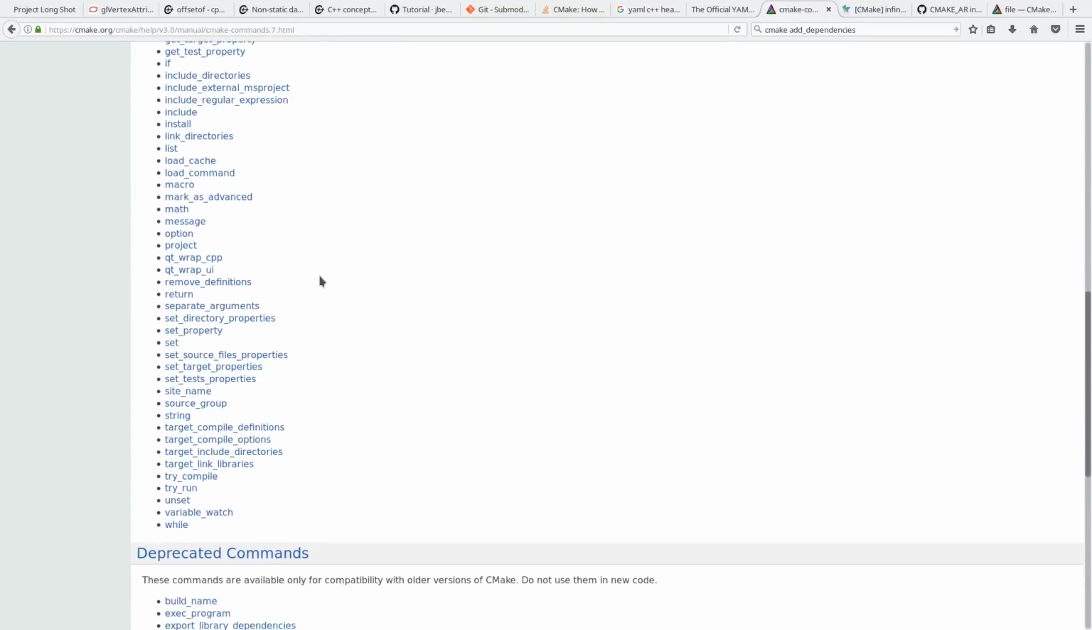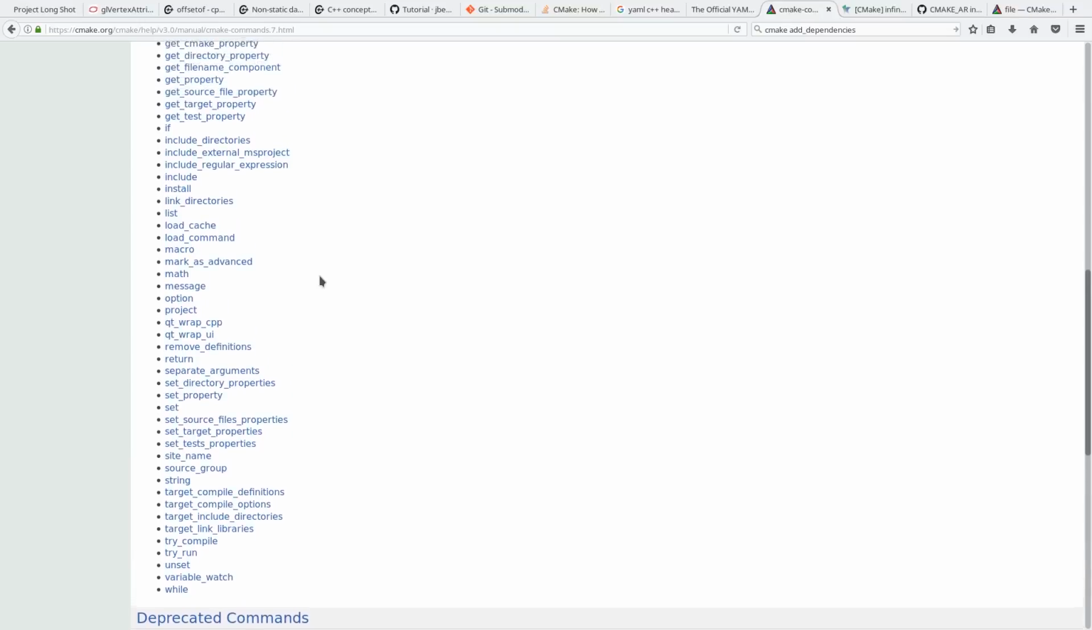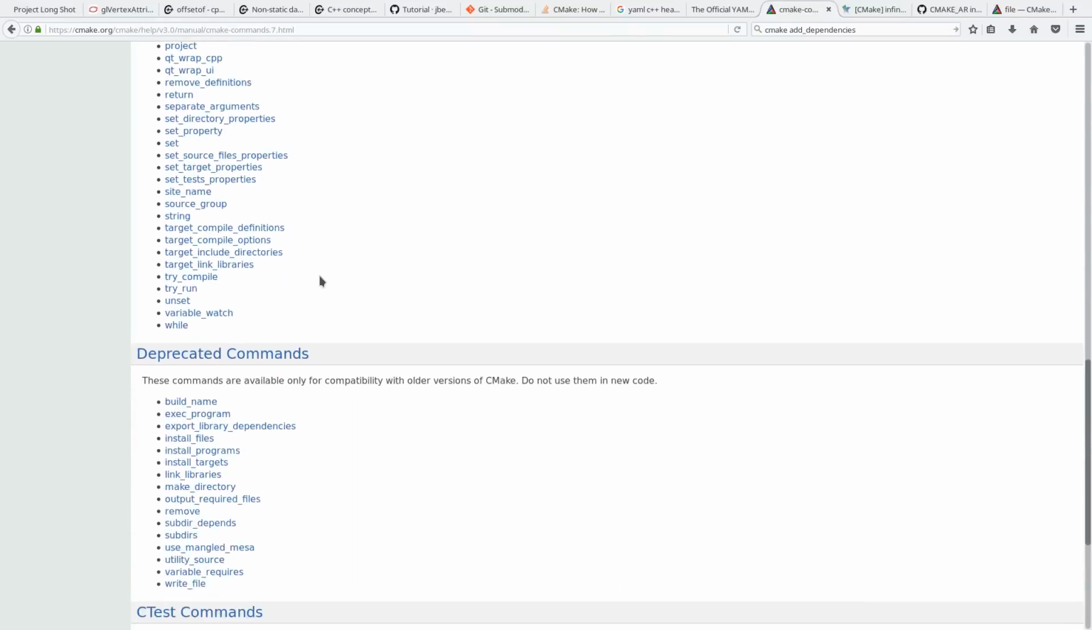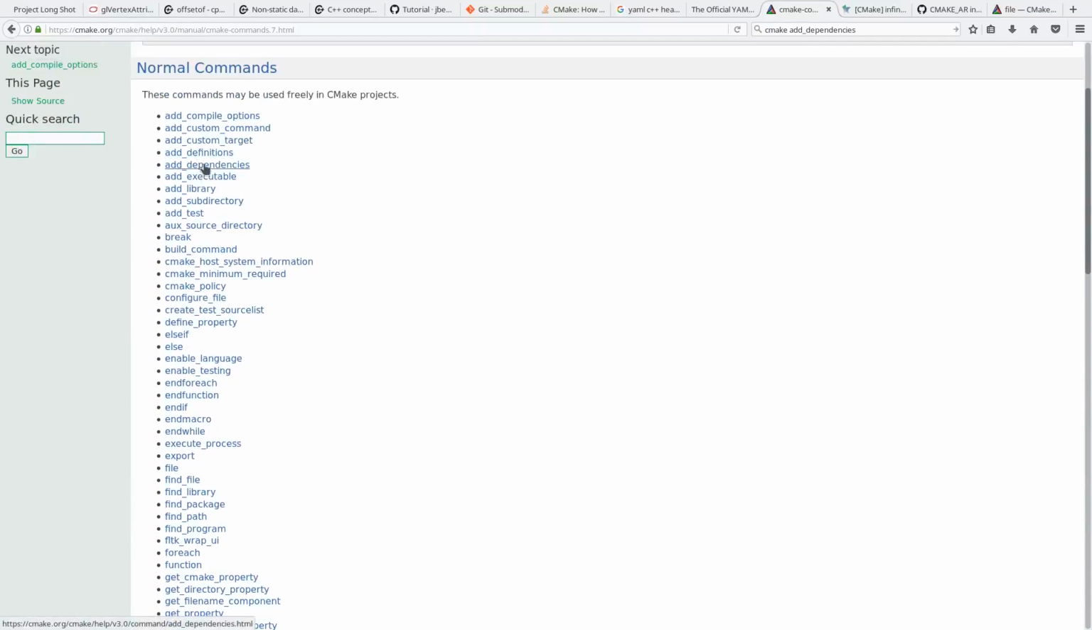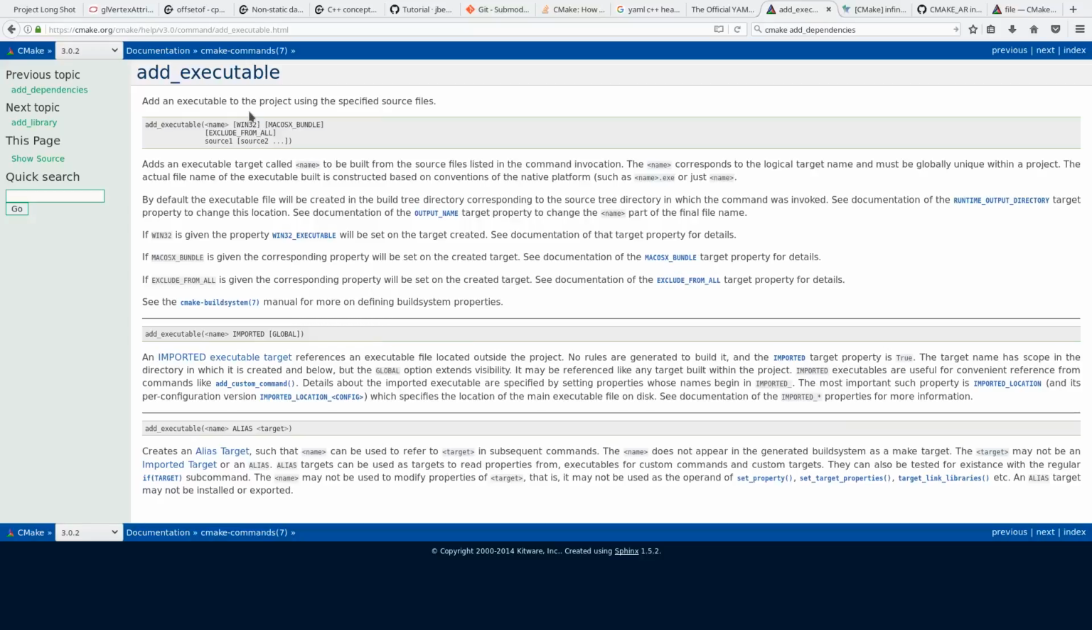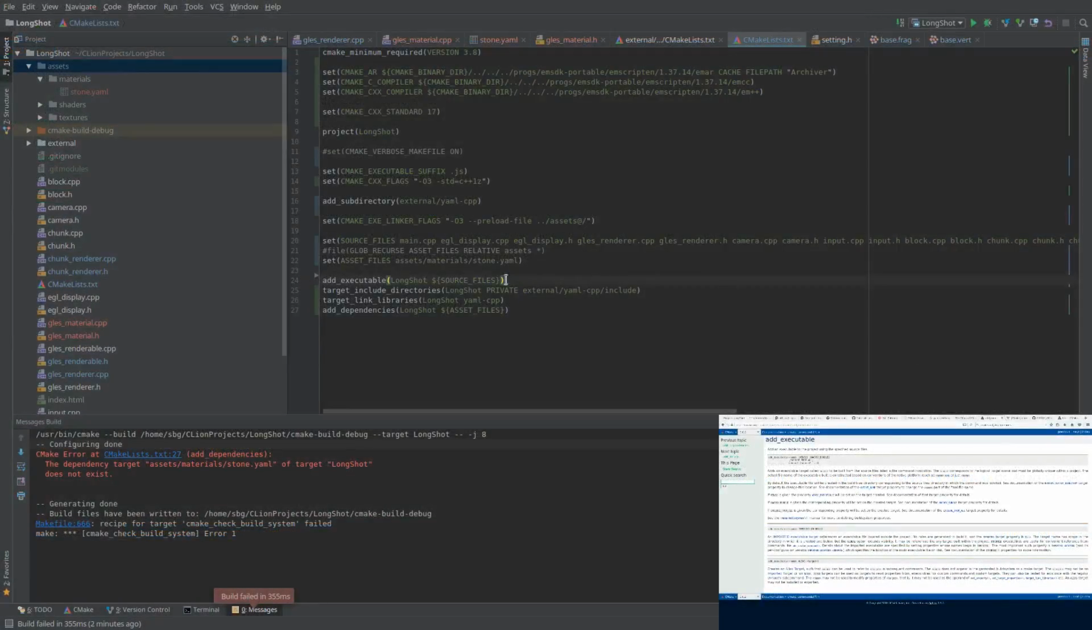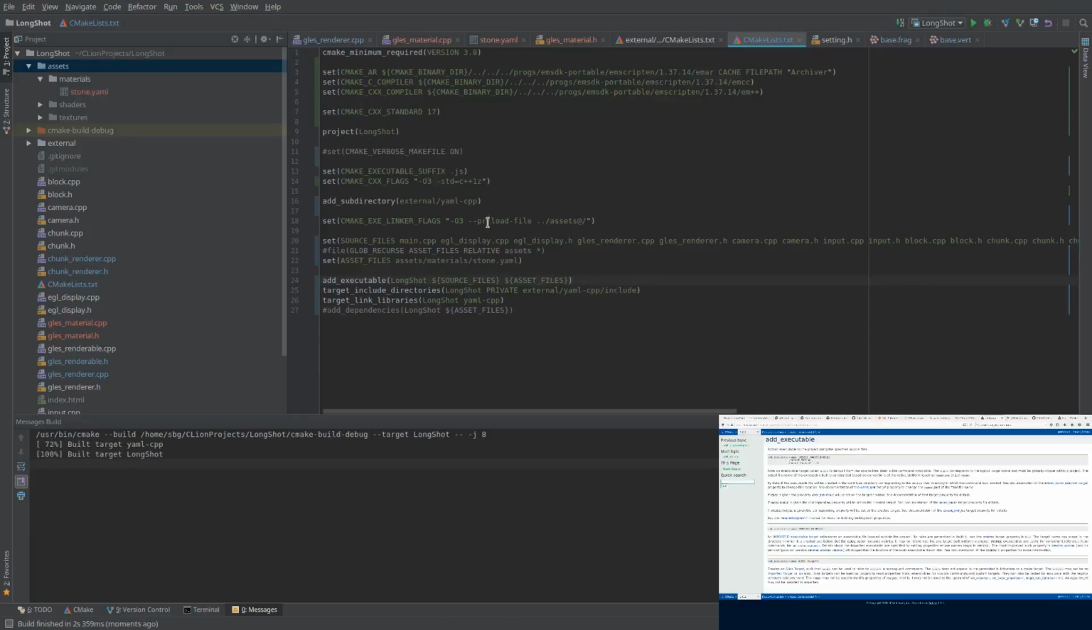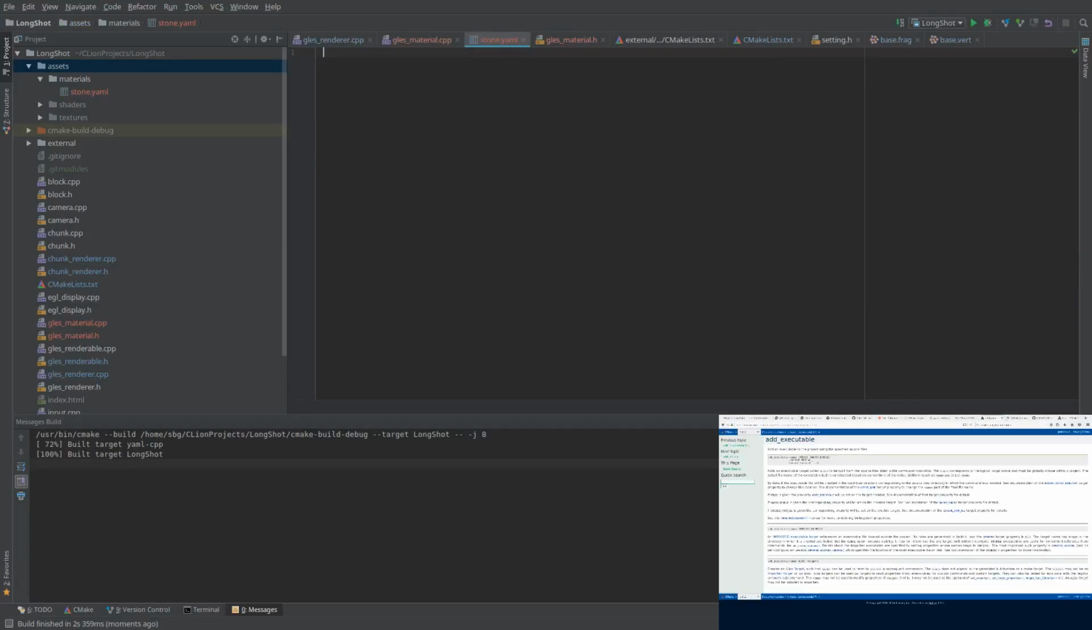Maybe the trick is actually to include it as a source file. Might actually be the trick. So add executable. So what we're going to do is try, instead of adding it as actual dependencies, which is not what we want, adding them as source files, and ideally it doesn't know what to do with them, so it should just go through with it. So if I now go into stone.yaml and just change one character here and say build,